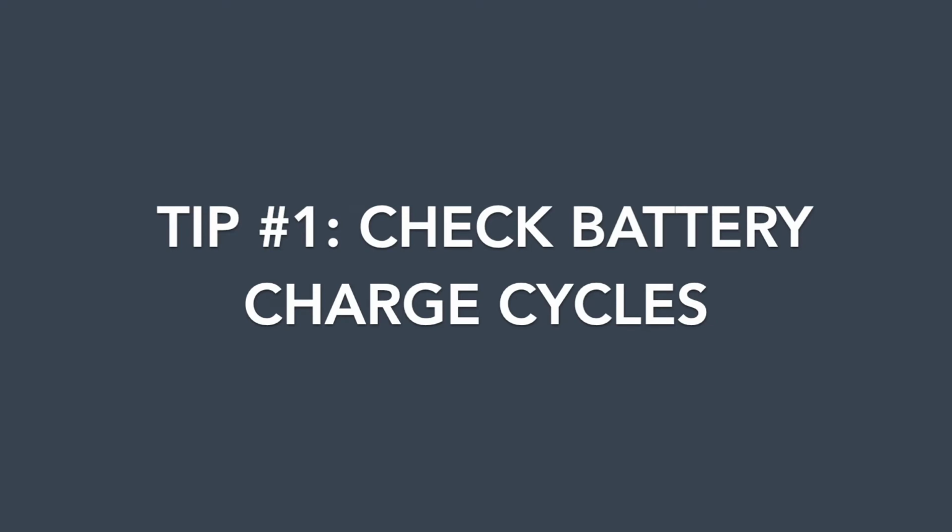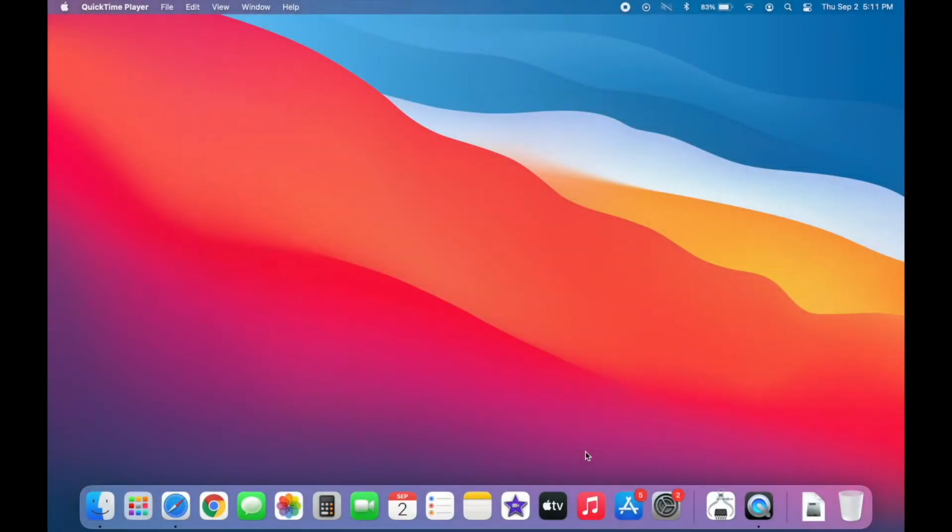The first thing I like to check on a new MacBook is the battery health and how many charges it has on it. I bought a new MacBook recently that had 17 charge cycles on it, and had I not checked the charge cycles, I would not have returned it. If your MacBook is brand new and you have never charged it, it should typically have around 1 or 2